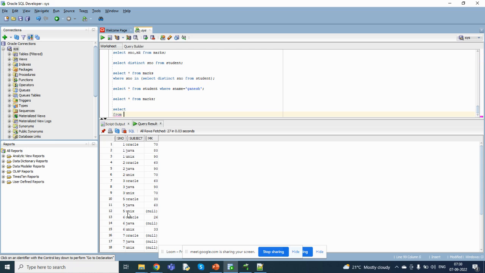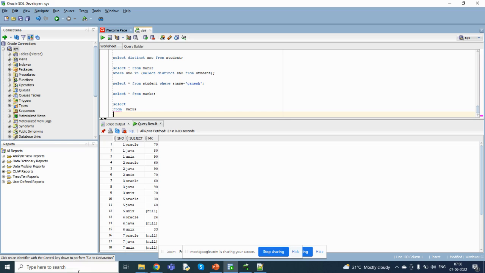Select first, what do we need to write first? First we need to write the from clause. If you are making the query, first you write the from clause, after that select. Which table do we need to get the marks from? The marks table, right? We are doing the group by. Based on which column can we do that? Serial number. Where or group by? First we need to mention the where condition, before group by. Okay, where S number equal to